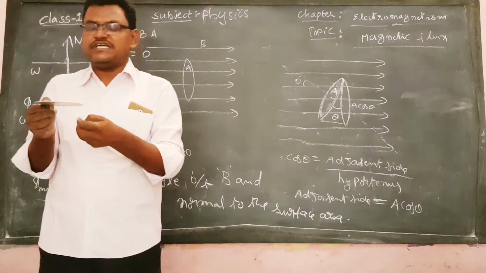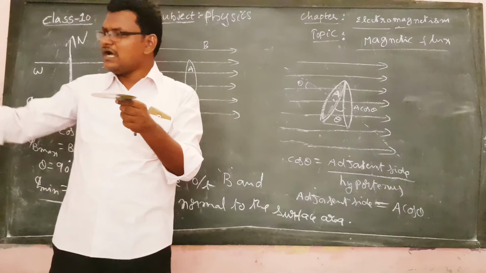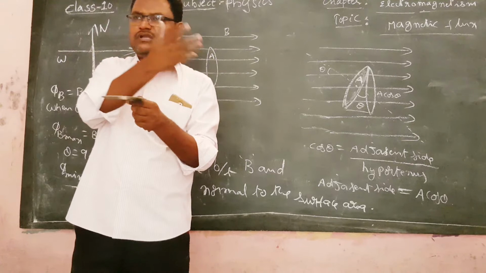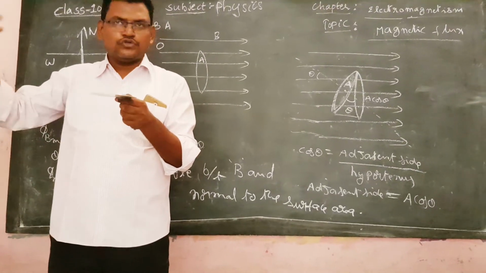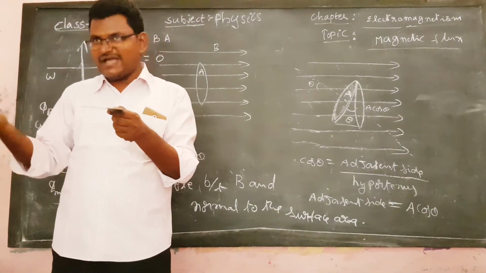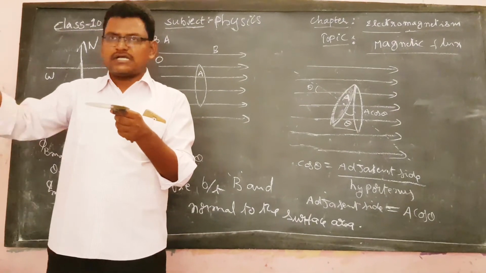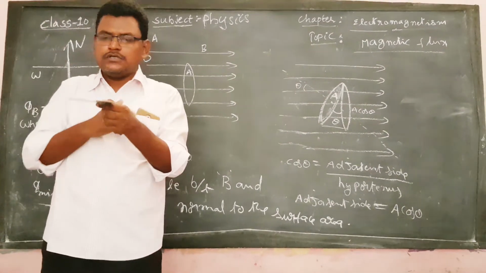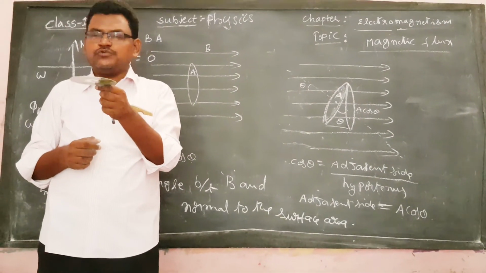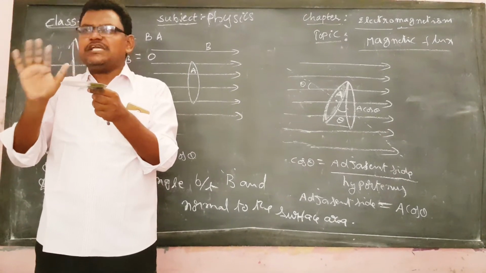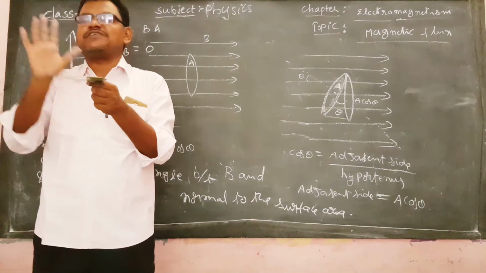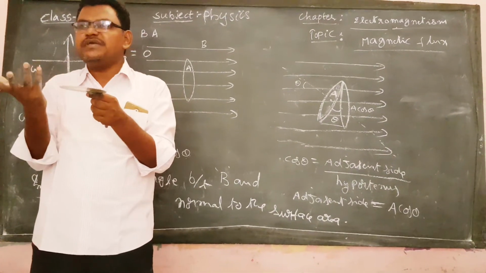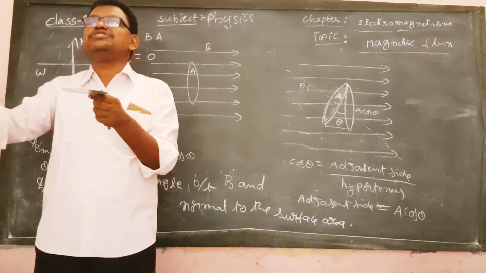Suppose now you take the surface area in this orientation. Assume the magnetic field is passing from right to left. These magnetic fields are due to the force of magnets or also due to current carrying wires. Let's assume a uniform magnetic field passing. If you take the surface area in this orientation, no magnetic field line passes through this surface area, which means the magnetic flux is 0.